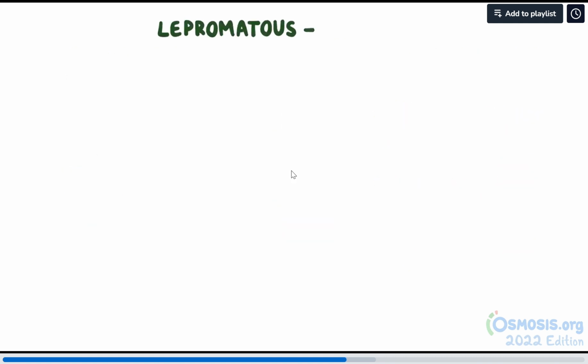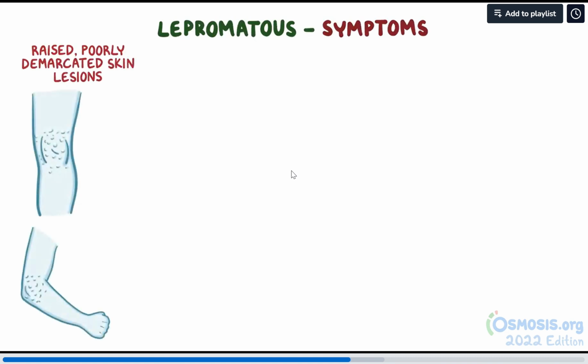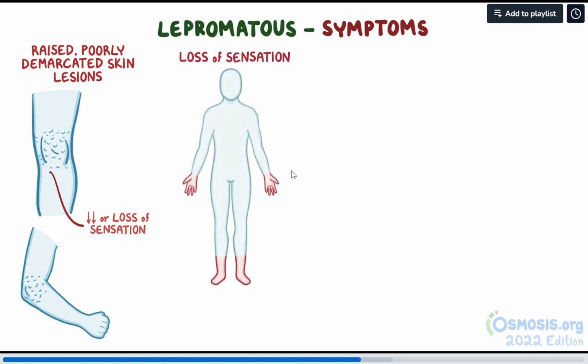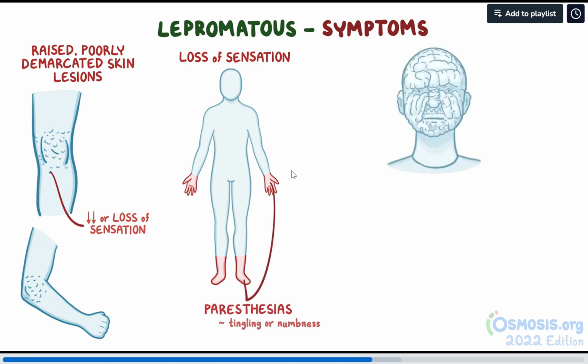With the lepromatous form, there are numerous raised, poorly demarcated skin lesions that can be found on extensor surfaces of the extremities. Within these skin patches, there might be diminished sensation or a loss of sensation altogether. And overall, there's a loss of sensation in the limbs, with a glove and stocking distribution. There might also be paresthesias, which are abnormal dermal sensations like tingling or numbness in the hands or feet, lumps or swelling on the earlobes or face, which can result in a lion-like or leonine facies, and body hair loss,